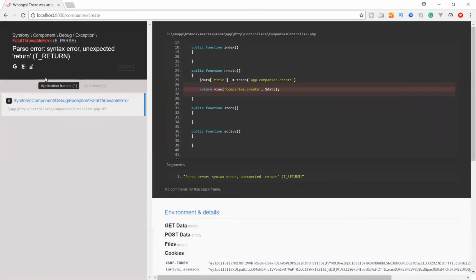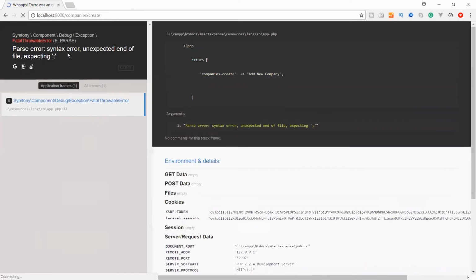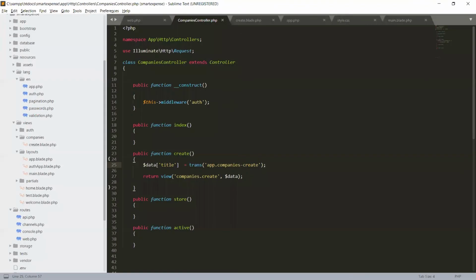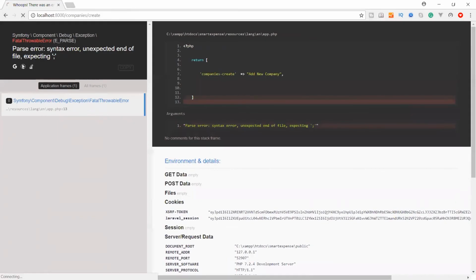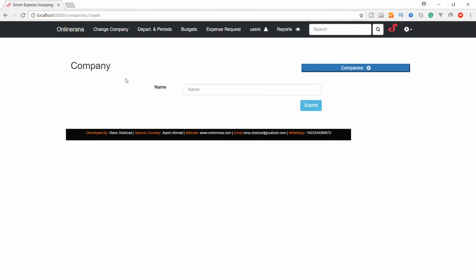Save it. Refresh. So parse error unexpected end of file. Okay, where is it? We have to close this statement also. Okay, now good. So we have a company.